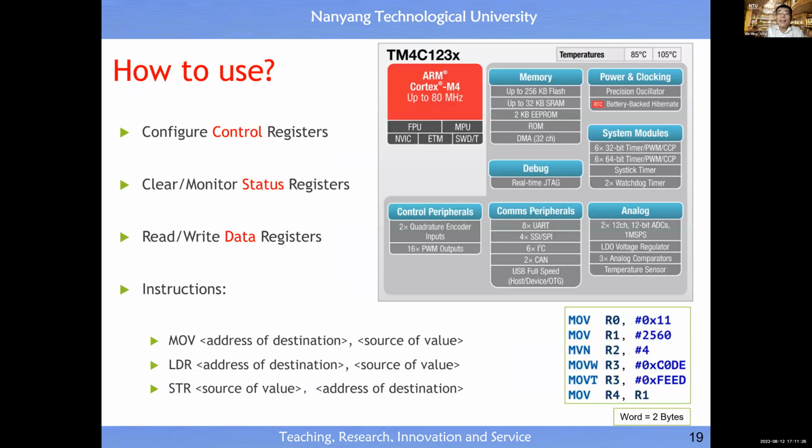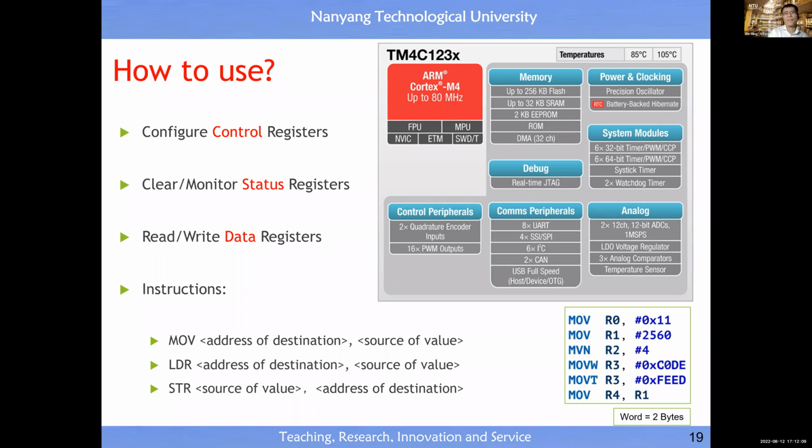Quite straightforward. Then the skill for you to have as a user is also very simple. You just need to know how to configure the hardware module inside the microcontroller. That's it. Then the hardware will do the job for you. Okay, it's like you are a driver. You do not need to know how to design a vehicle. You just need to know what the traffic rule is, all right? As a driver of a car, you just need to know the traffic rule. Then you drive your car. That's it, all right? Okay, so for this one, similar to a driver of a car, the user of a microcontroller just knows how to configure the microcontroller. Then